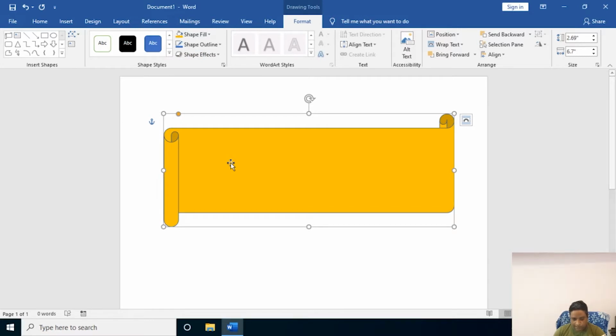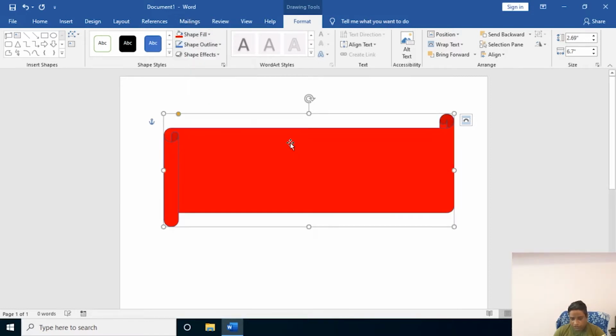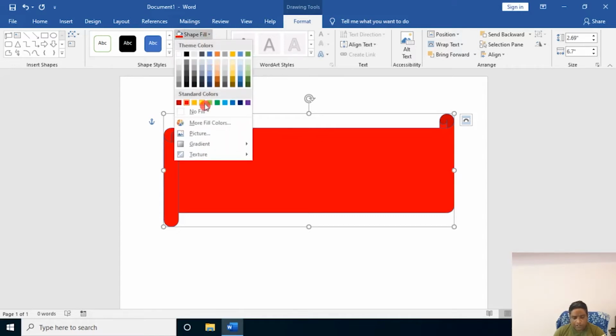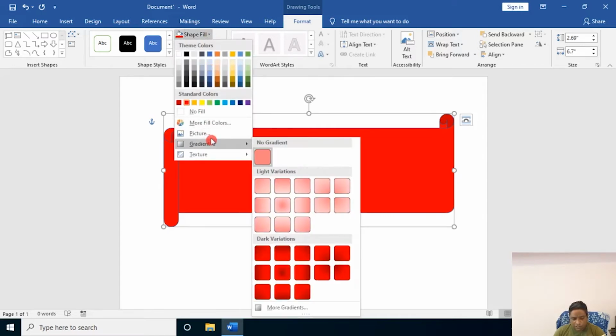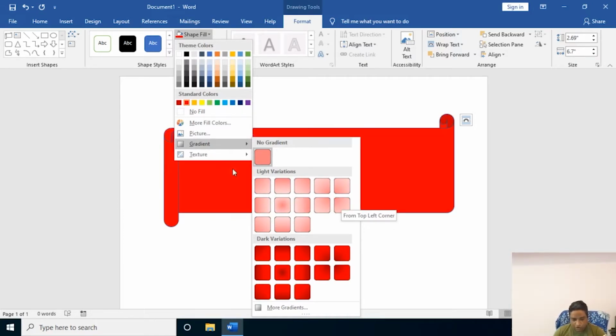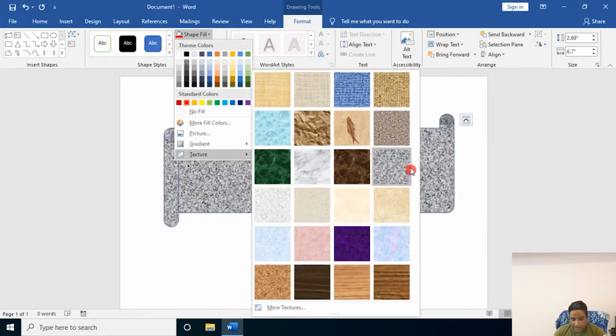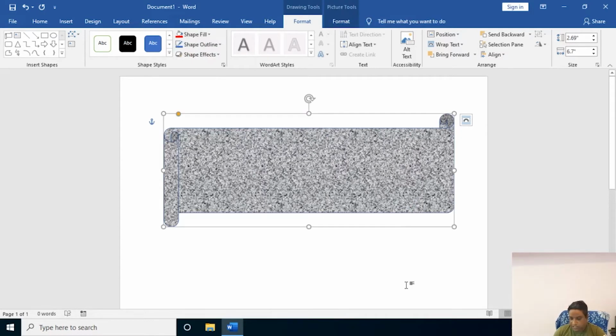So I don't want this color, I want to put a picture in place of color. Again, click on shape fill. Select red color if you want. Say suppose I don't want this red color. Select shape fill. Say suppose I want different types of color here, gradient colors. What are gradient colors? Okay, we have seen in standard. Merging of two colors are called gradient colors. Or we can use texture effect. See at the background what happens. Okay, this is called a texture effect.